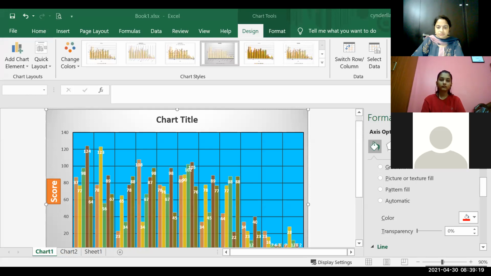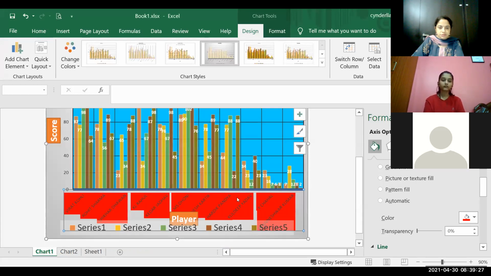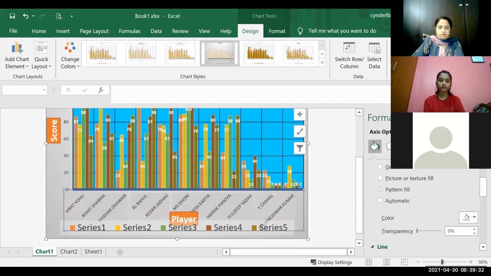I think now it is visible to all. Is it visible to all now? Now this is the blue color axis and this was the fill color which I had used earlier. This is the color that I can use as a fill color for x-axis.